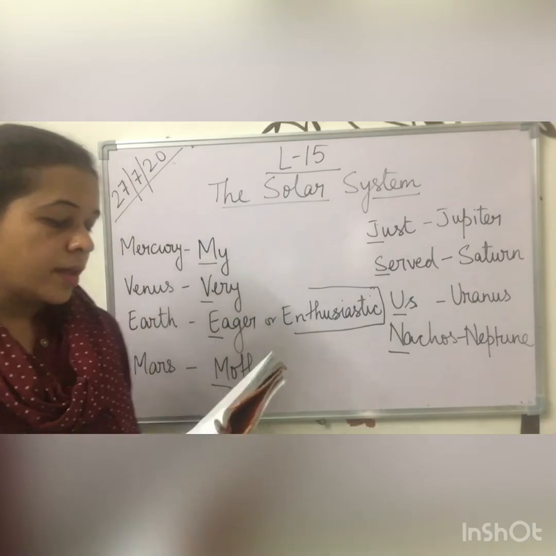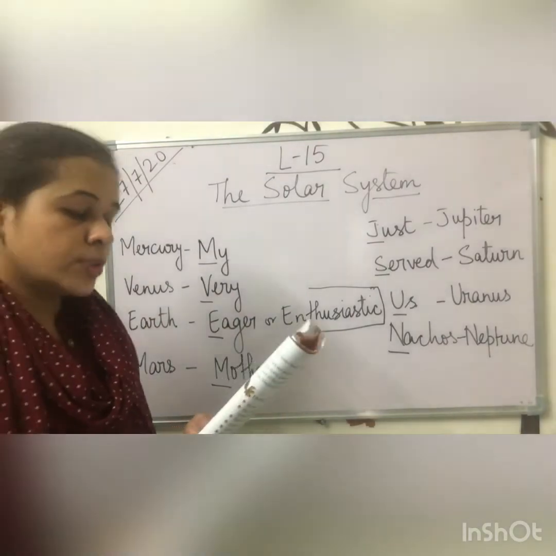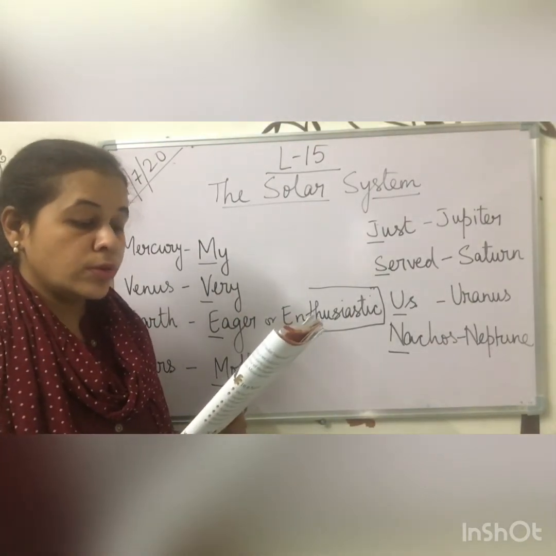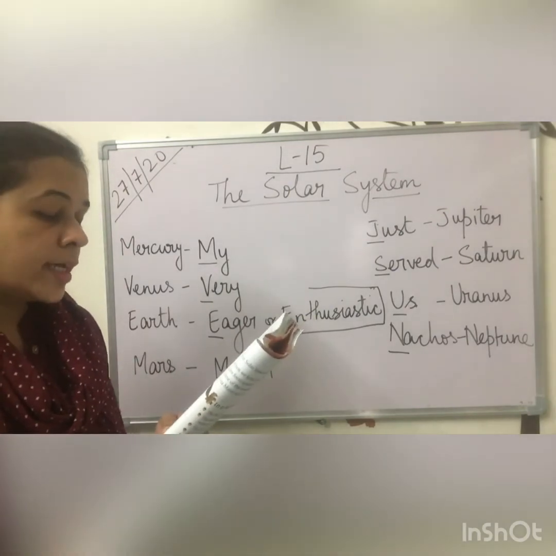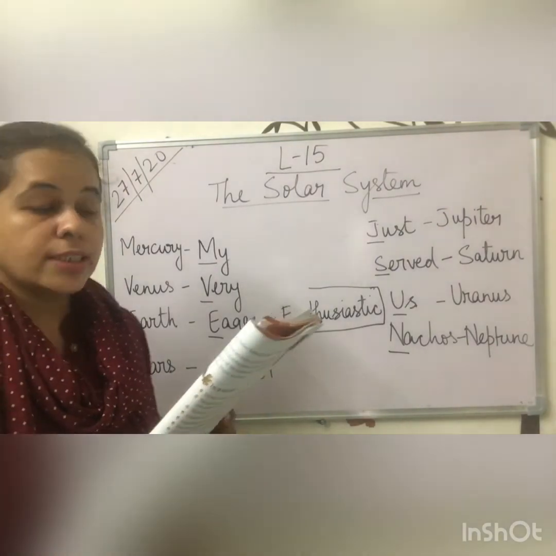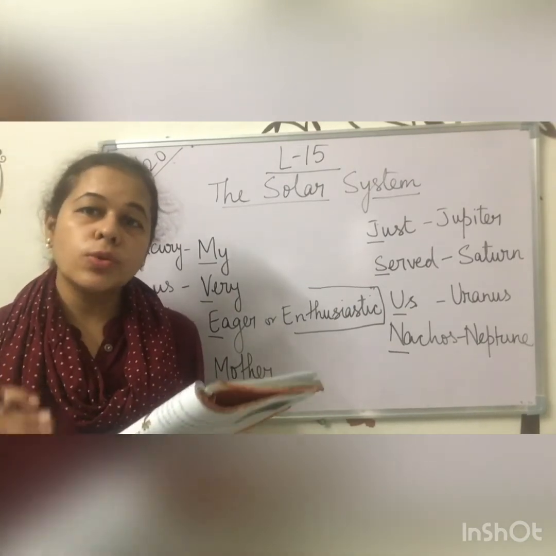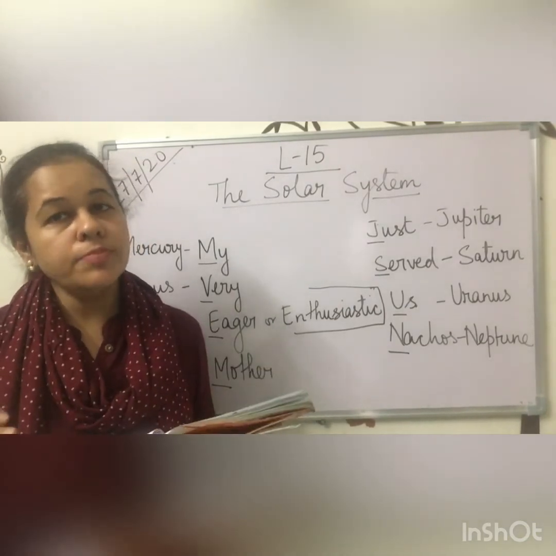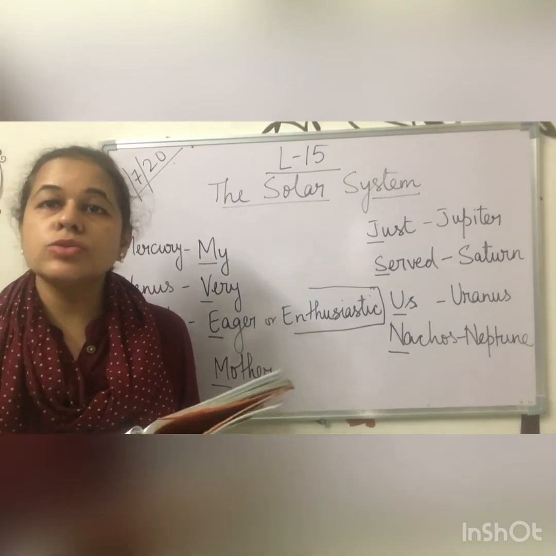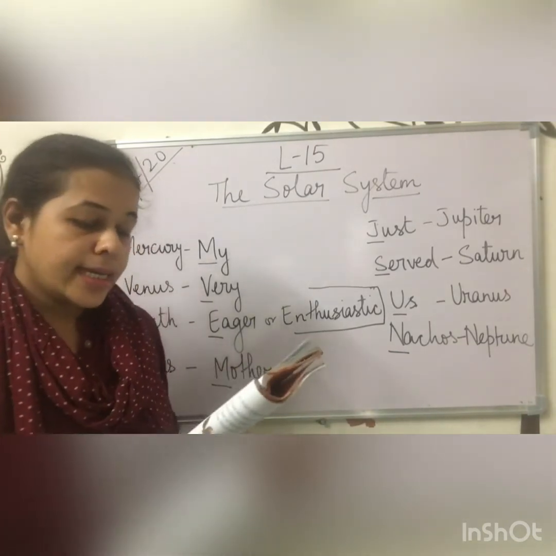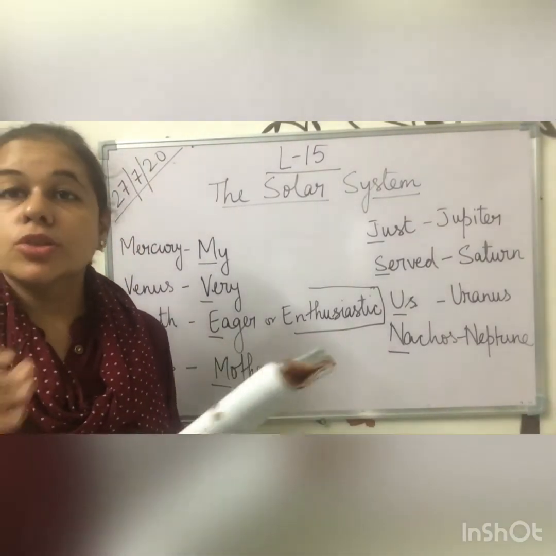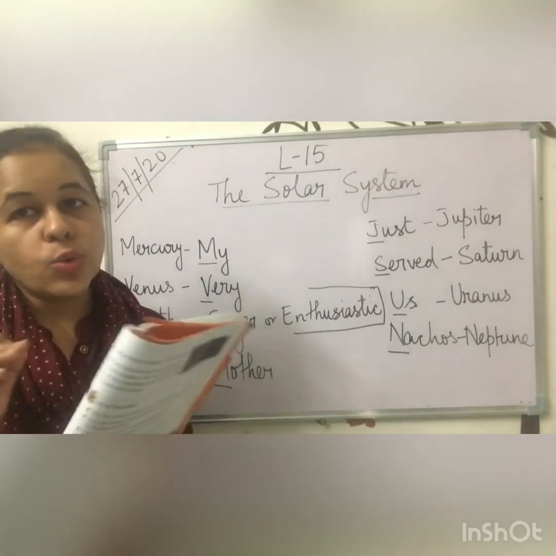The moon is a natural satellite of the earth. It has no light of its own, but we can see it from earth as it shines by the light of the sun. So we come to know one more thing, that the moon doesn't have its own light. It gets light from the sun. That's why we are able to see the moon. It has no air or water. If there is no air and water, that means there is no life.